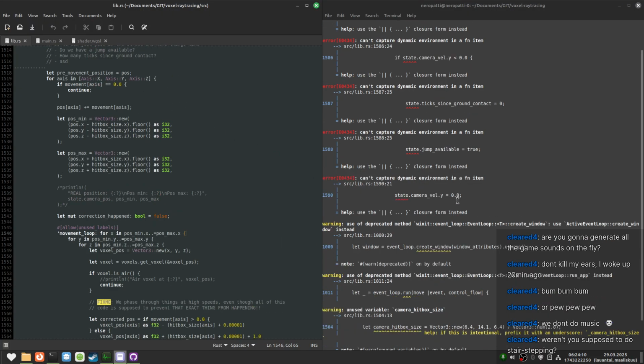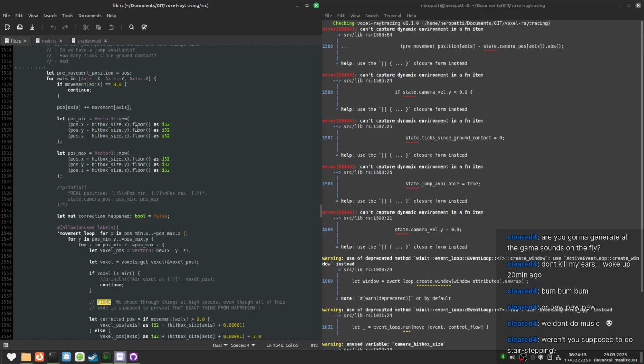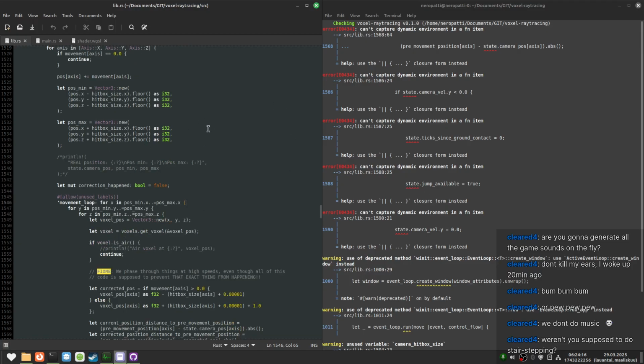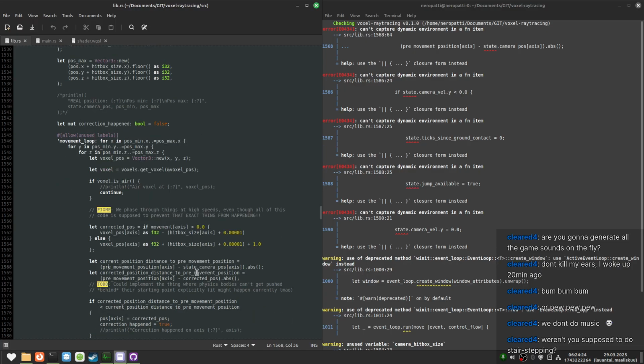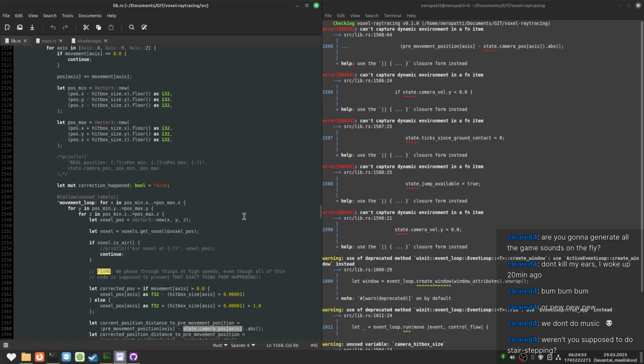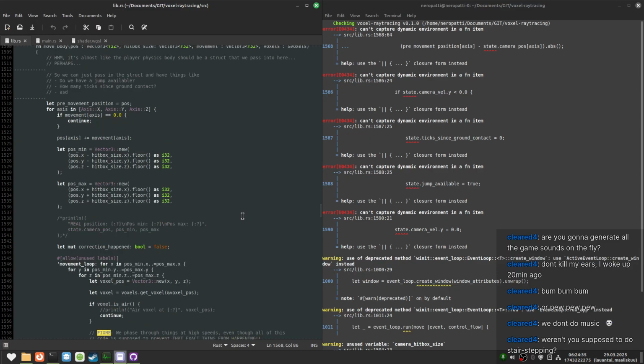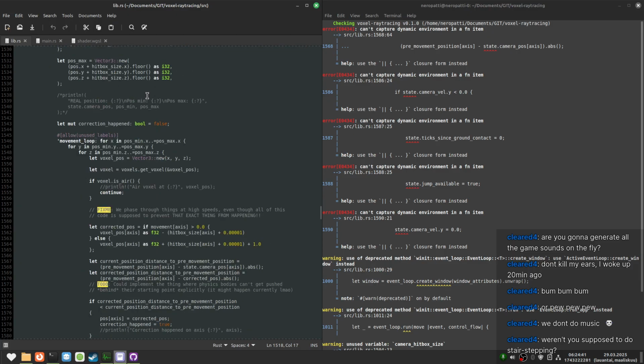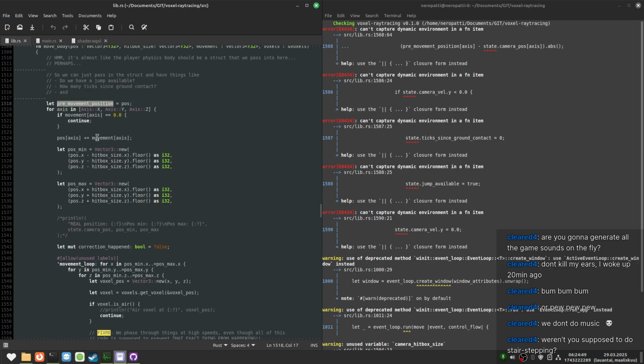Okay. What are we crying about here? Line 1586, 168. This line, and we're trying to just access this position. The preview position. Oh, I already have that there.